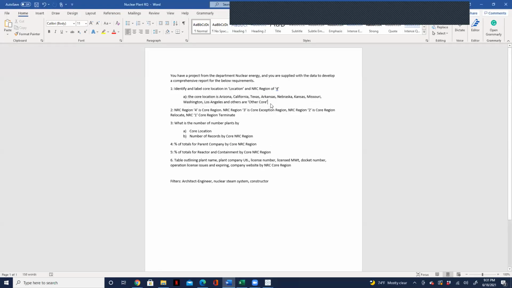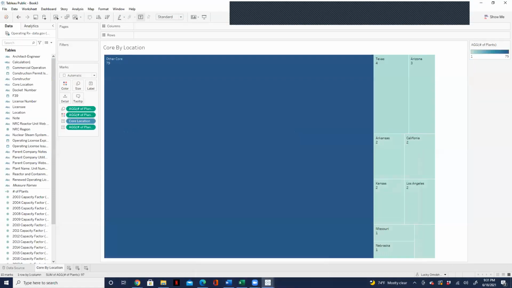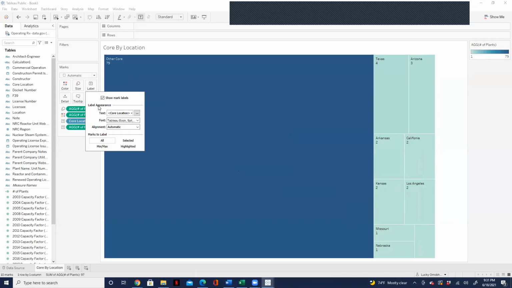In the real world, this might be all you do for the whole week. Please go back to the sheet. Can we, it's just showing 79. Is it necessary to say 79 plants? Maybe from the tooltip, I'm just asking. Yeah, of course. Remember, you can design this for me. If I want to add "plants" here, I don't want to go mess with my calculation again. I can just come to my